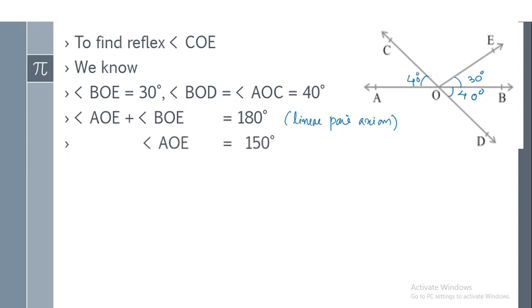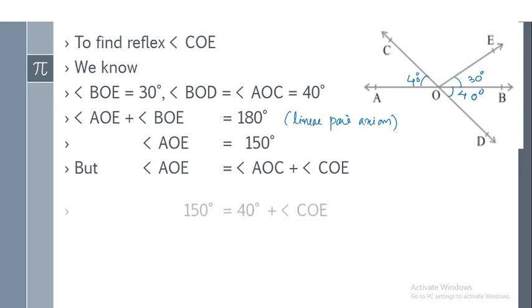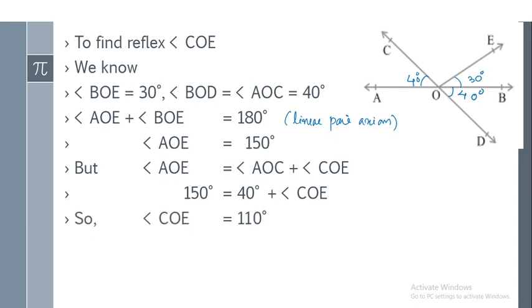So then from that we will get angle AOE is 150 degrees. Angle AOE is the sum of two angles, AOC and COE. So this is the way I proved. Then you get angle COE to be 110 degrees. So we just arrived at Hariga's answer, angle COE is 110 degrees. And reflex angle COE is nothing but subtracting angle COE from 360 degrees, and you get 250 degrees. So Hariga was right. Congrats Hariga, it was the correct answer. I think all others also got the answer.